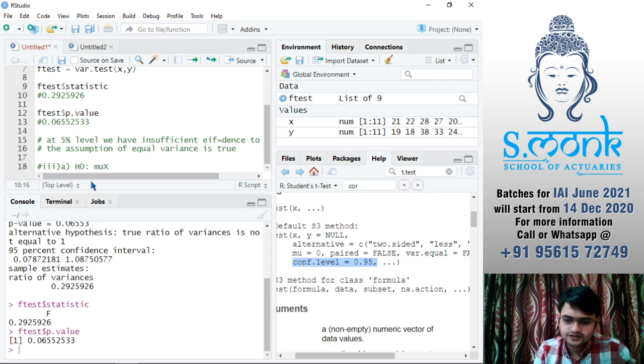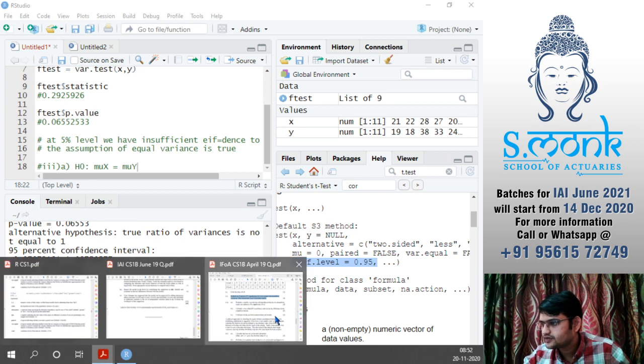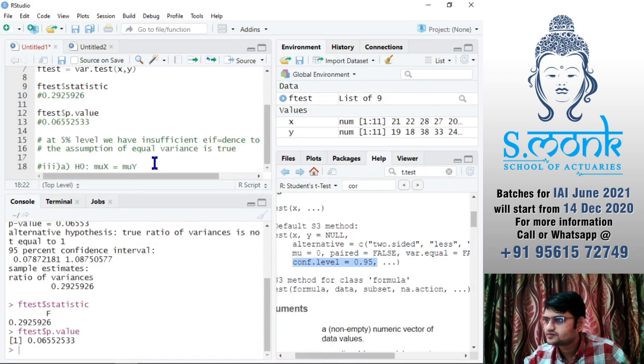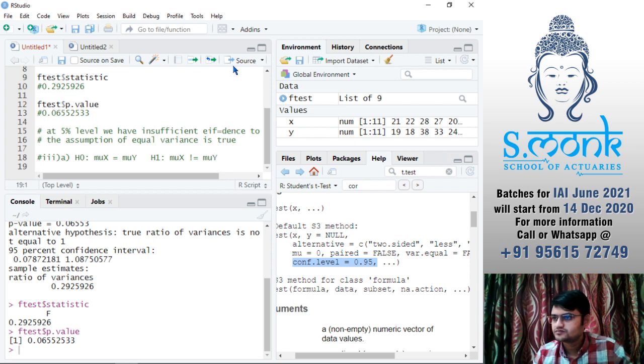Mu x is equal to mu y. Okay, this is what we are testing, right? The two population means are equal. So for our t-test, we'll have t.test.